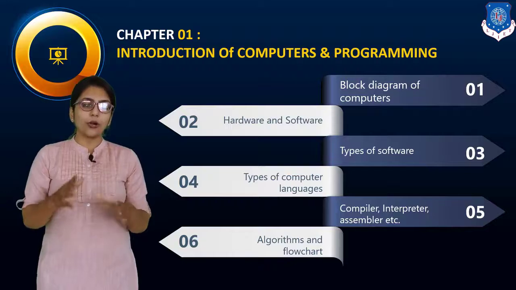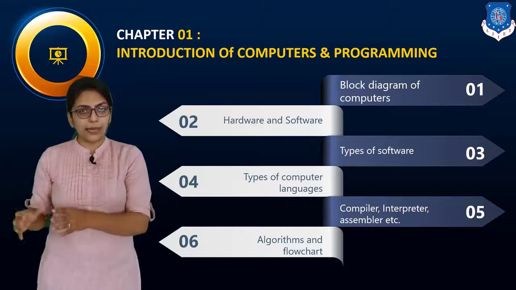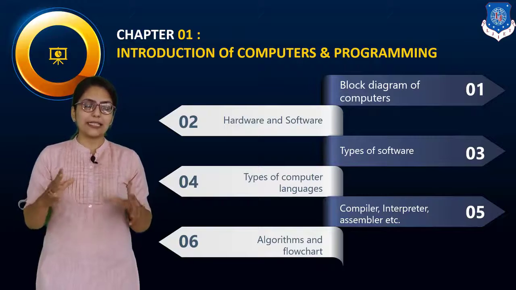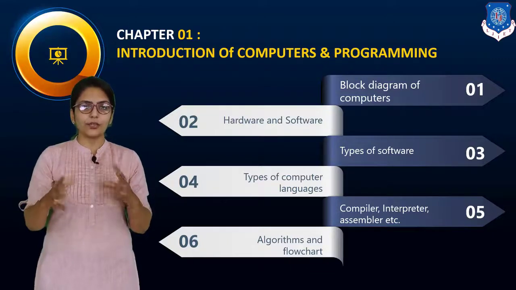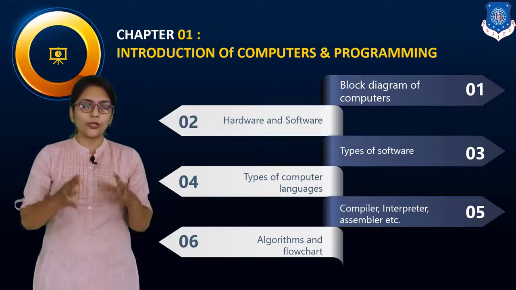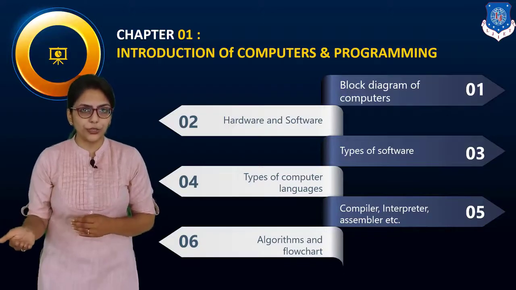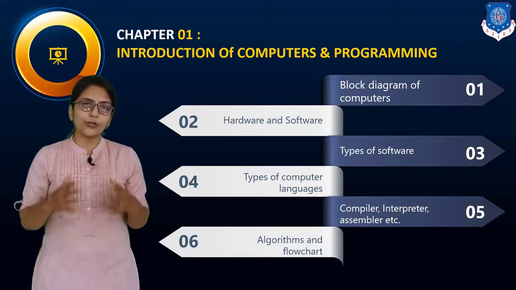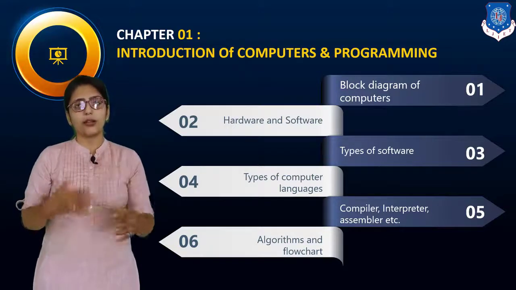Then after, we are going to take some insight into compilers, interpreters, assemblers, linkers, loaders, etc. These are basically system software, and some of you might not be aware of this because they are not terms for normal users of the computer. So we are going to see which programming languages use a compiler, which use an interpreter, and what is the difference between an interpreter and a compiler. We are going to state the working of other system software like linker, loader, assembler and all of that.